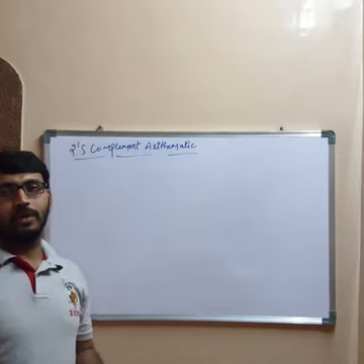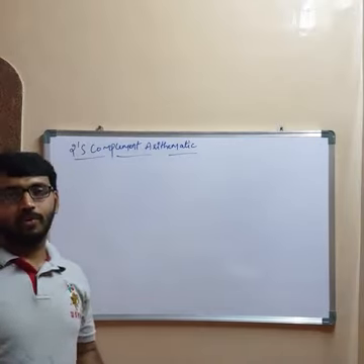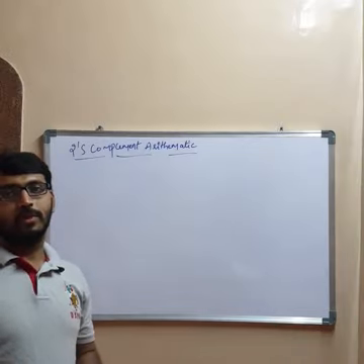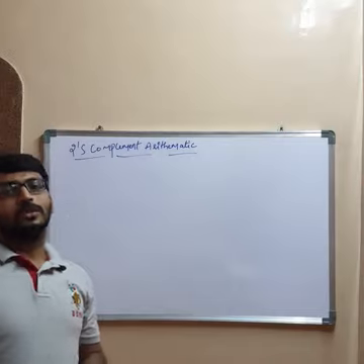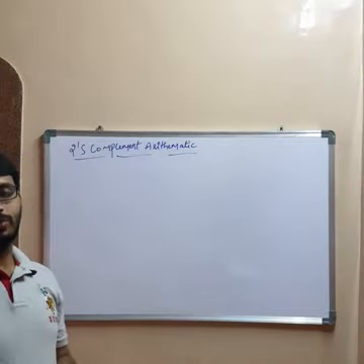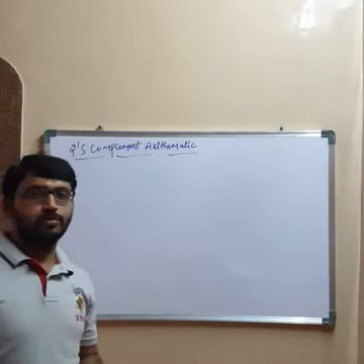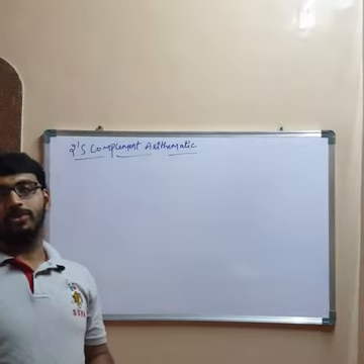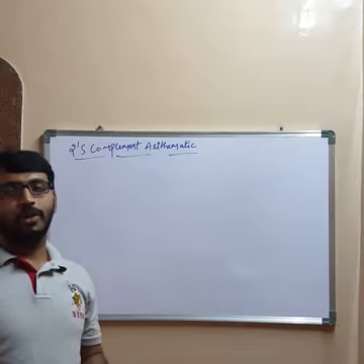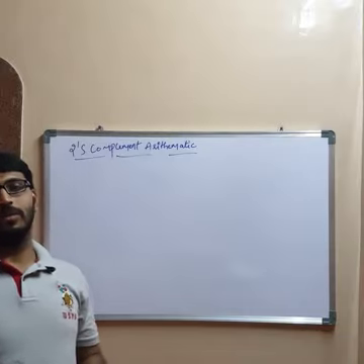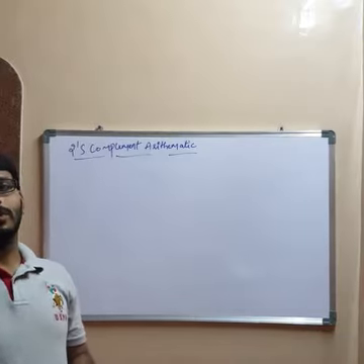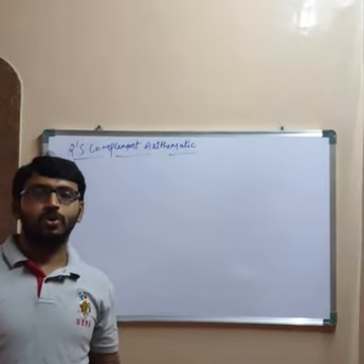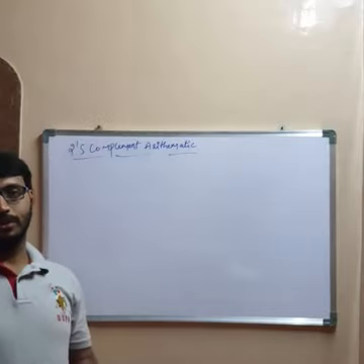As we all know, negative numbers in computers can be represented in three forms: sign magnitude form, 1's complement form, and 2's complement form. Among these, the 2's complement method is very commonly used because it has only a unique zero. In the 1's complement method, there are two zeros: plus 0 as well as minus 0 can be represented. But in the 2's complement method, there is only one unique zero.